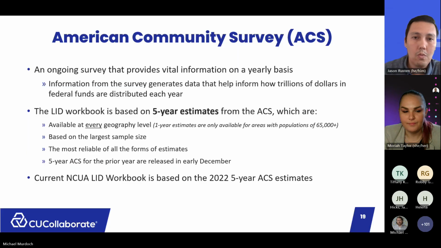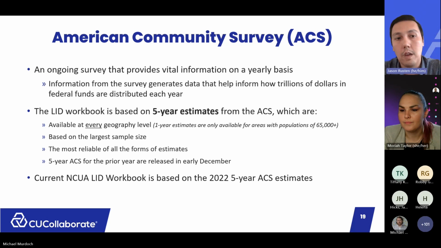So how did the NCUA get that list of counties, census tracts, and block groups? It's based on a survey that the U.S. Census Bureau runs called the American Community Survey. This is an ongoing survey that the census updates on a yearly basis. They survey individuals across the United States,